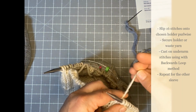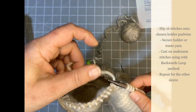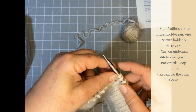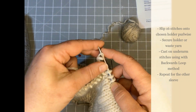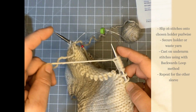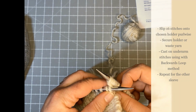Right, so the next step is to do the backwards loop cast on. And that's not as scary as it sounds. It's just as simple as making a loop, a twist like that, and then putting it on the needle and pulling it tight. So that's one, two, split. This yarn's been unraveled so many times. 3, 4, 5, 6, and then you join again, because the next instruction says to knit 34 stitches, which will